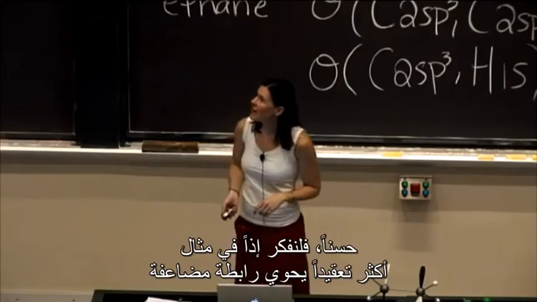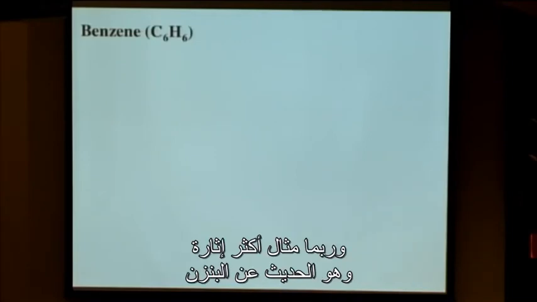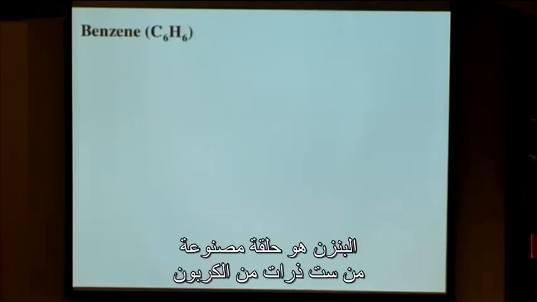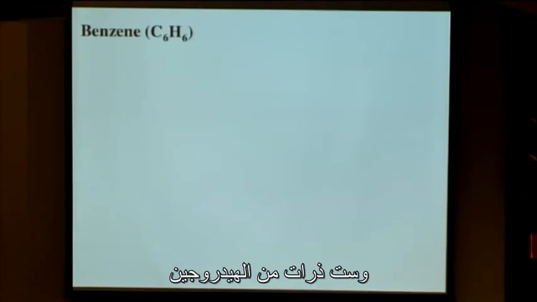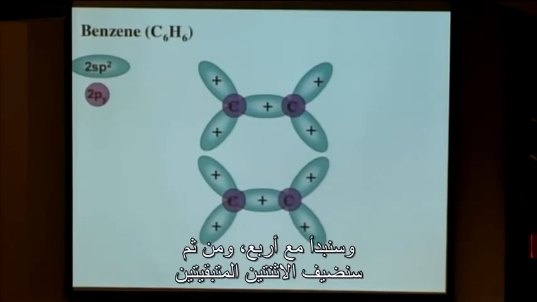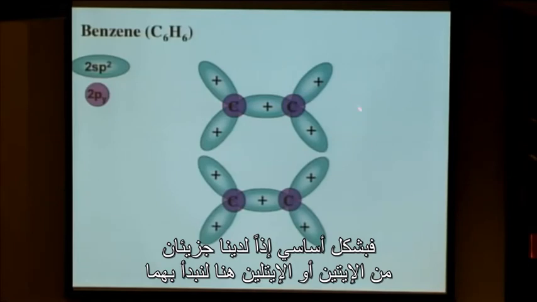All right, so let's think of a more complicated example of having a double bond, and maybe a more interesting example, and this is talking about benzene. I think most of you have talked a little bit about benzene over this past week in recitation. Benzene is a ring that's made up of 6 carbon atoms and 6 hydrogen atoms. So let's picture what this looks like here, and we'll start with 4 and we'll add in our last 2. So essentially we have 2 ethene or ethylene molecules here to start with,